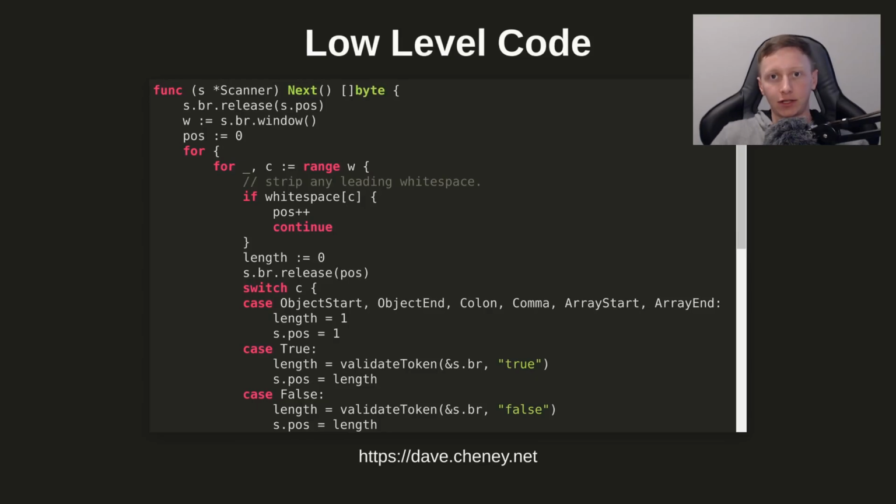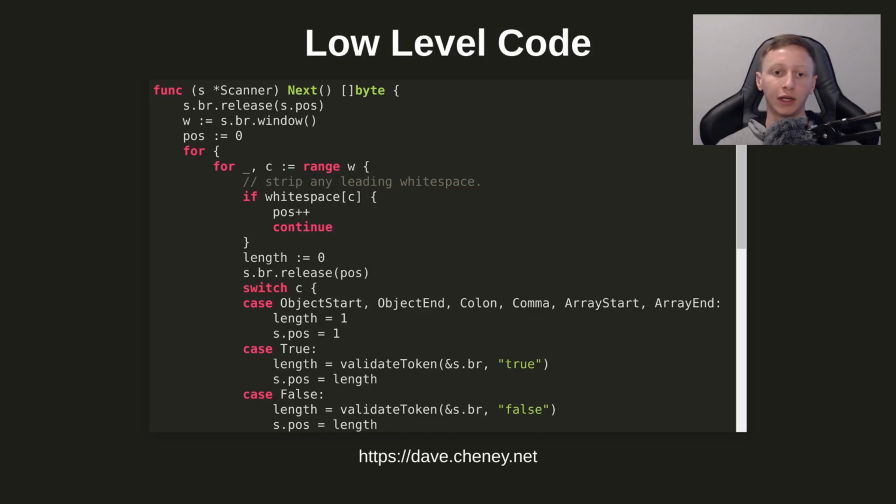Then on the exact other end of the spectrum, there's very low-level code. So this would be you're writing code that manually walks down some input and parses out tokens by hand, and you've got very granular, tight control over the exact path that your code is taking any given time. And now this is specifically very good for if you need your parsing to be super high performance, either in terms of speed or memory management, things like that. This is a JSON parser example from Dave Cheney's blog, where he's specifically writing a parser to be fast, which is exactly when this is a